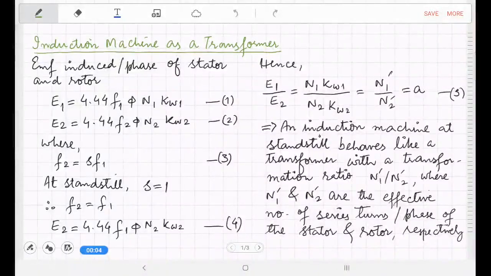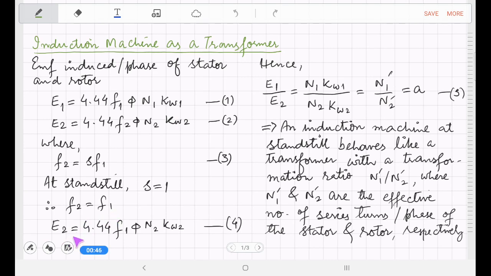Dear students, in our previous lectures we have seen that the EMF induced per phase of stator and rotor of an induction machine is given by E1 = 4.44 f1 phi N1 kw1, and E2, the rotor induced EMF per phase, is 4.44 f2 phi N2 kw2, where we know that the frequency of the rotor induced EMF f2 is given by s times f1. And at standstill we know that the slip is equal to 1 and hence f2 will be equal to f1,